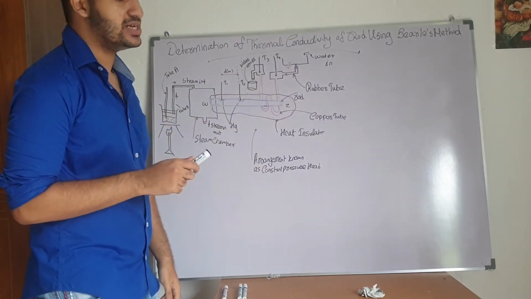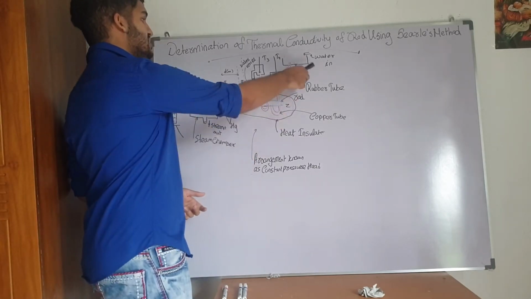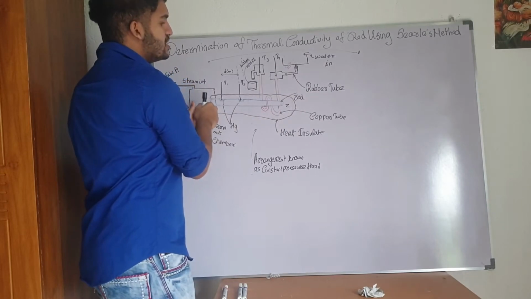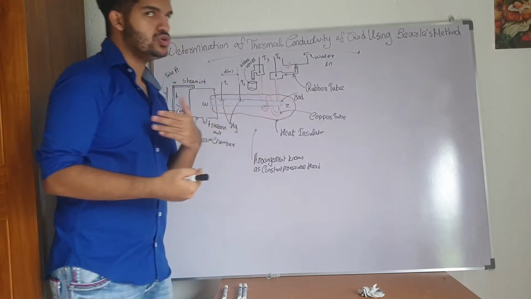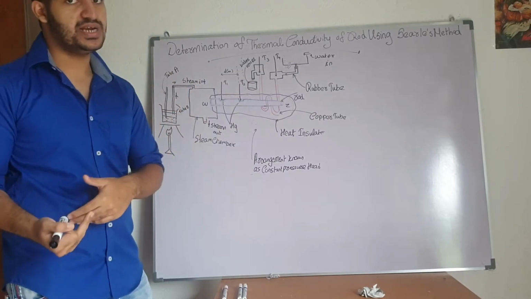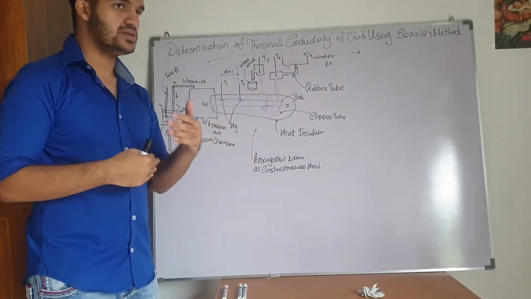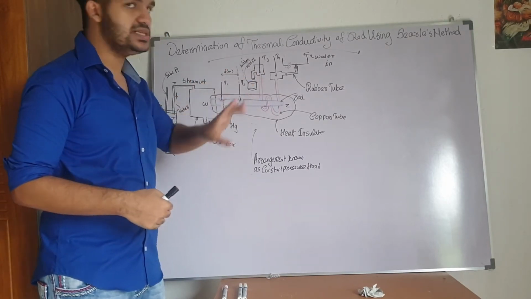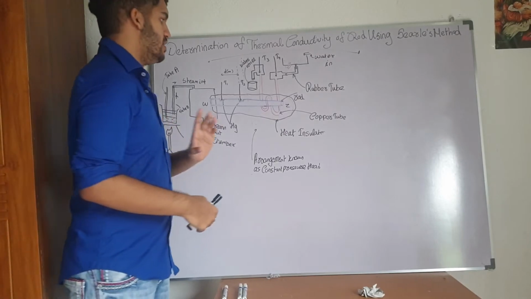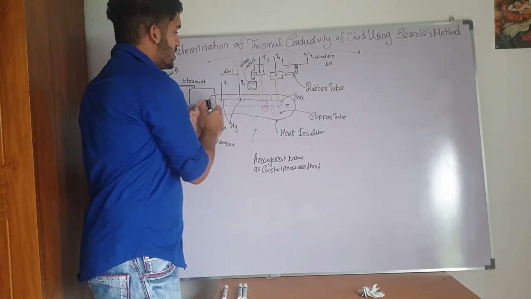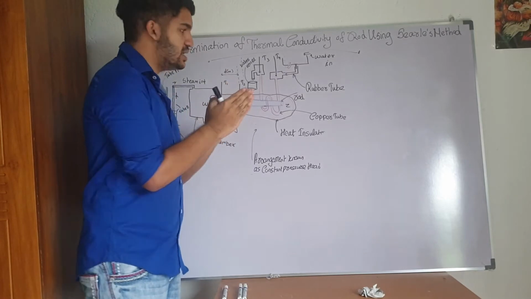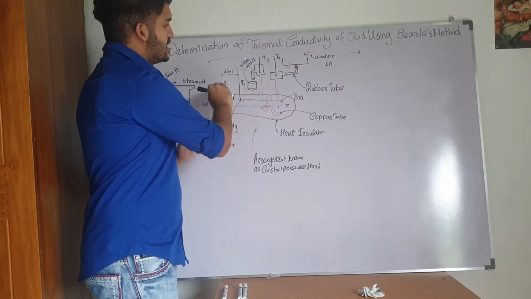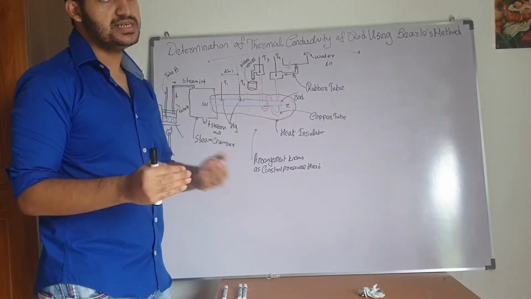Let's get on with the calculations. As we heat the system using this steam, all of these thermometers will begin to heat up and show a reading. At a constant temperature, they will be in steady state. How do you identify this? As we produce heat from this point over a certain period, we will be able to obtain the readings of these thermometers at a constant rate, at a constant temperature.